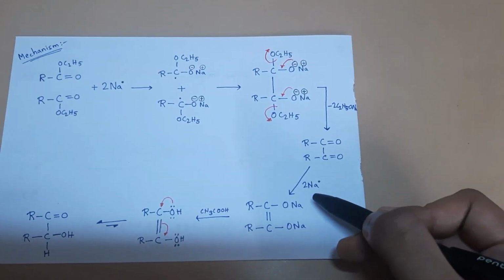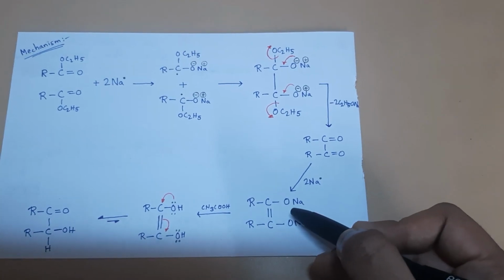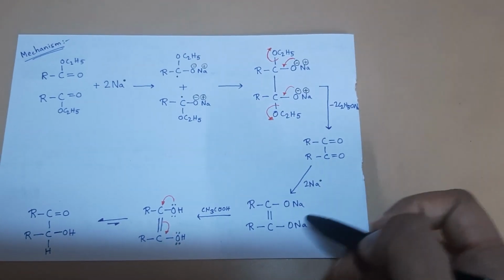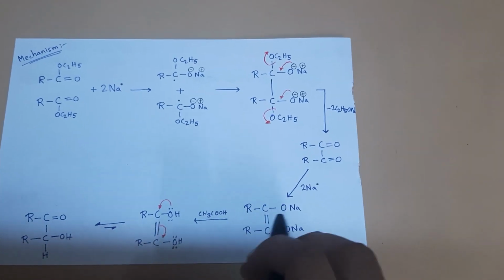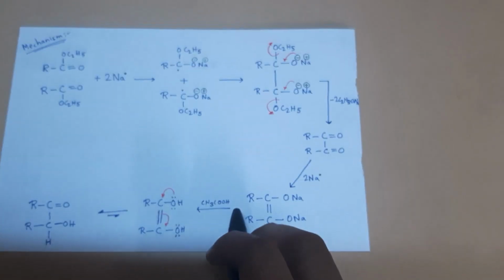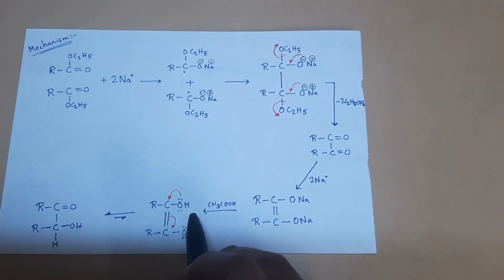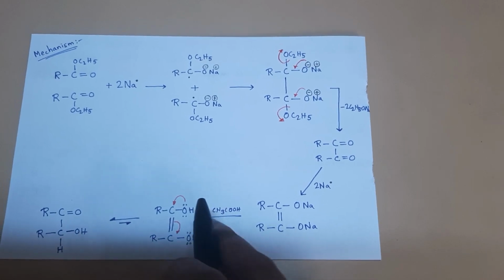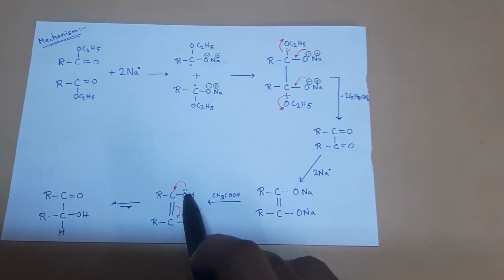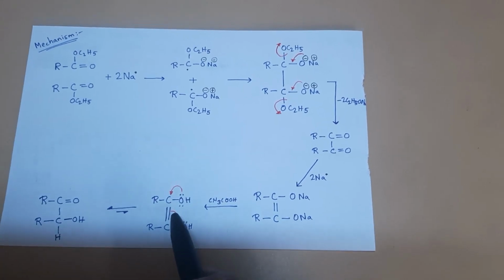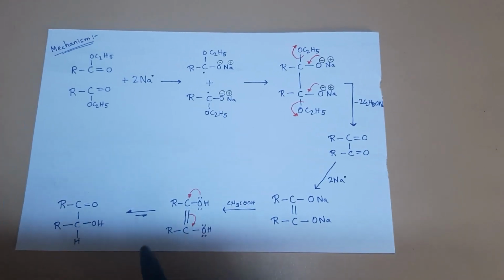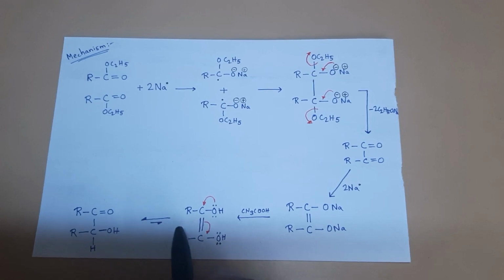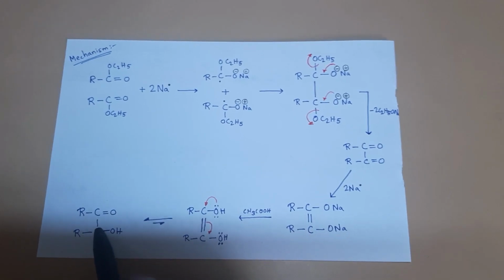which when exposed to sodium again forms an ionic counterpart, which when again exposed to acetic acid, the sodium and OH will get removed as sodium hydroxide, and then the H part will get added here, and this lone pair will get donated here, while this double bond, one of the bonds, the pi bond rather, will shift here. Then it will form the required acyloin.